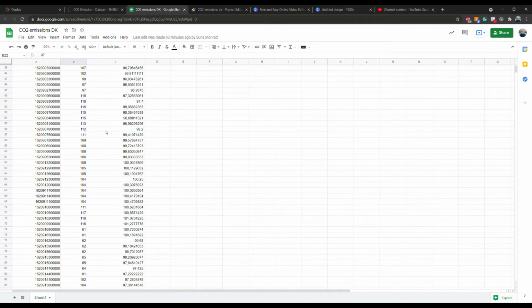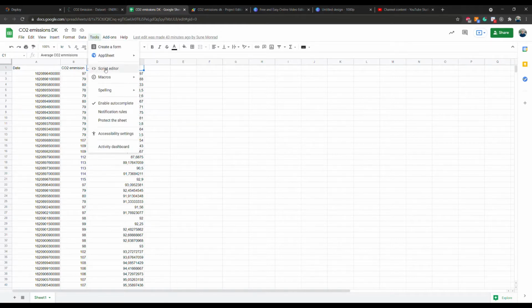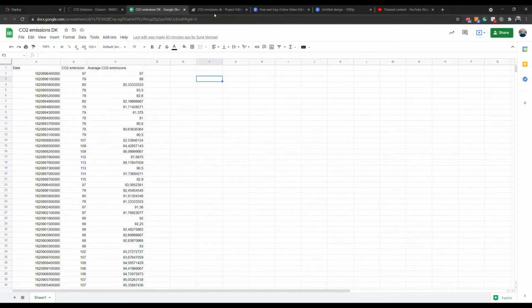This is what the data will look like when we pull it into Google Sheets after we have applied the different functions and stuff that we're going to do later on. So this is the data set. We have the 3 different columns and a strange looking date, but I'll get back to that. So we are going to go into the script editor to add a new script that can pull the data.